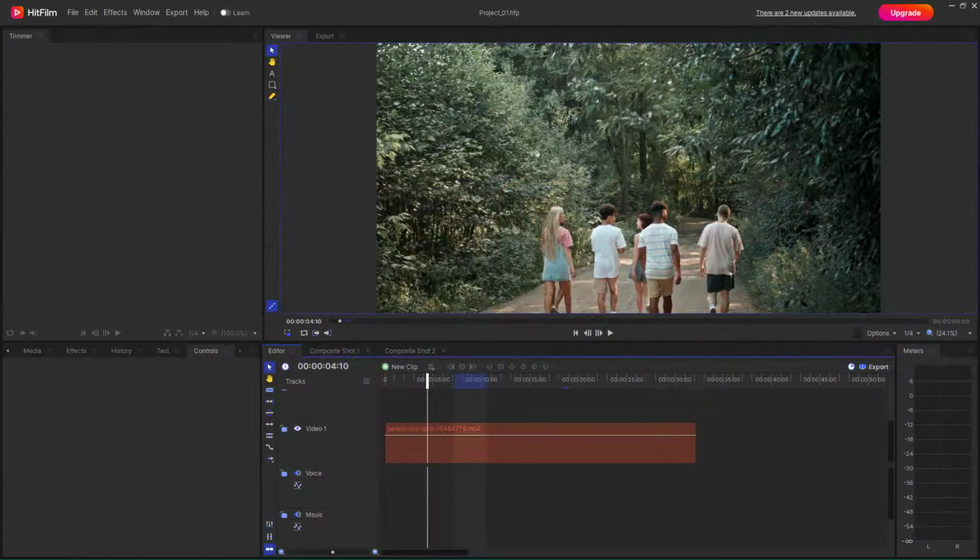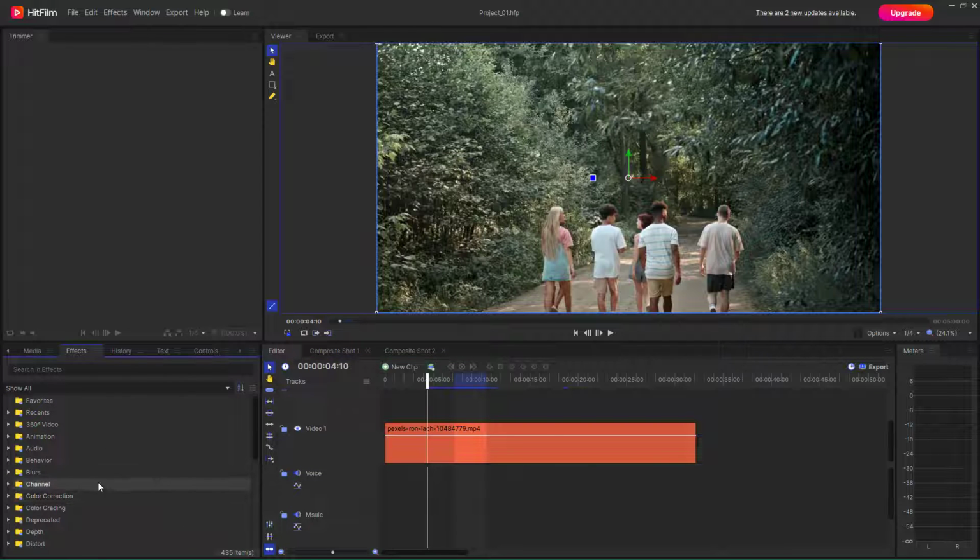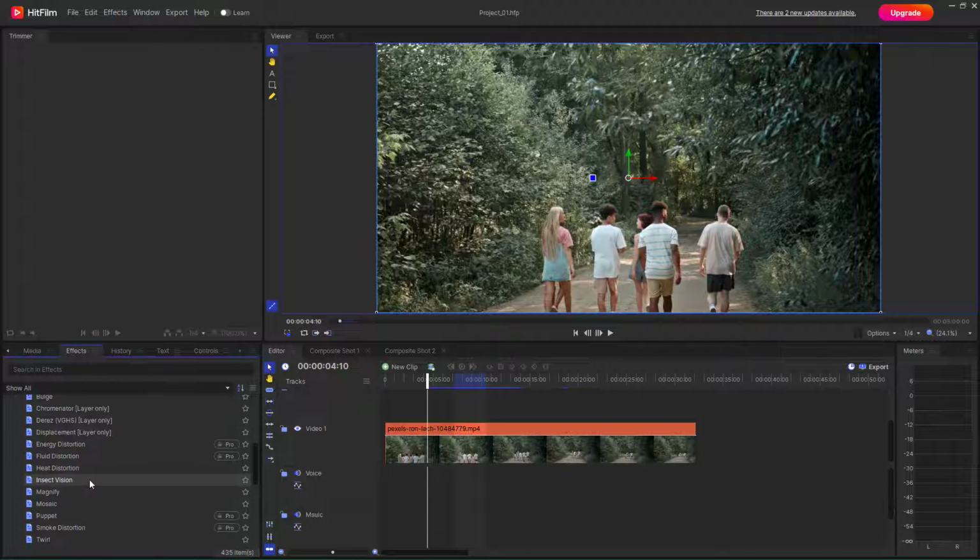So now let's see how we can work around with the waves and witness protection effects inside of HitFilm. Over here you can see that I have this particular clip, and in order to add in the waves effect, I'm going to go under effects and expand out the distort section. Once I do that, you can see that waves is an option and it's a